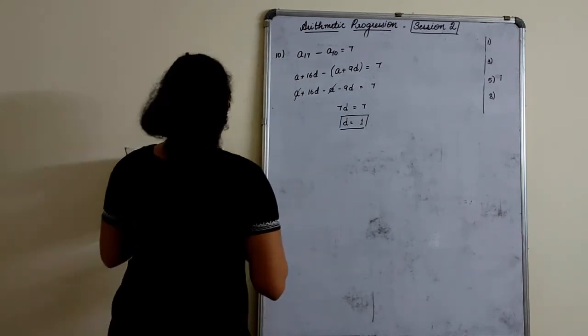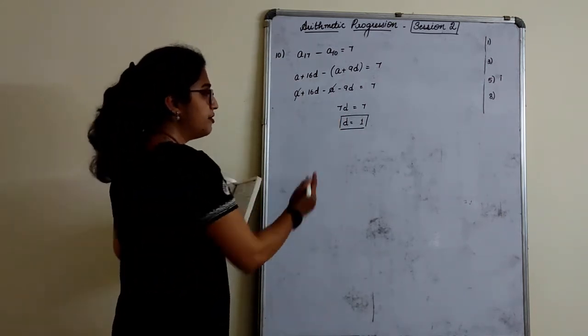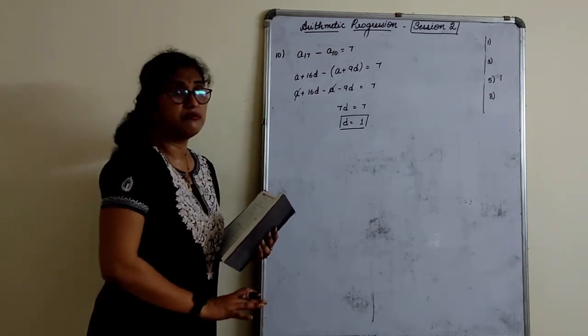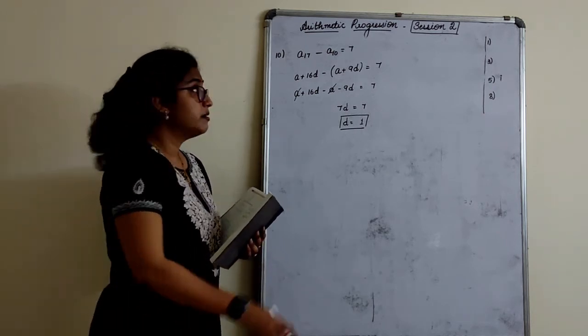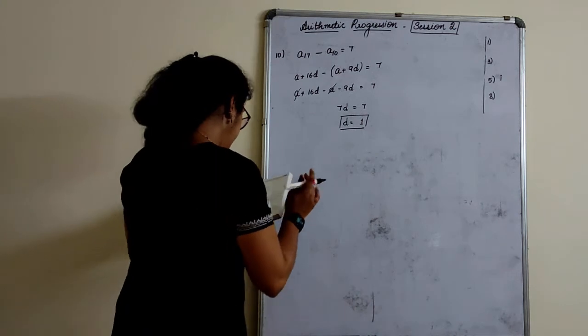So now D is equal to 1. What is the question? Find the common difference. That's all. We found it out. Therefore, the common difference was the only thing. They have not asked first term, second term, nothing. Find common difference. Main is this equation, children, what we have written. That you should know. 11th one.